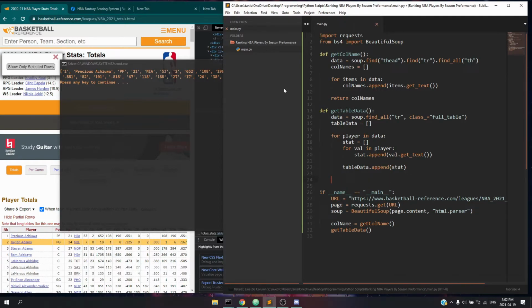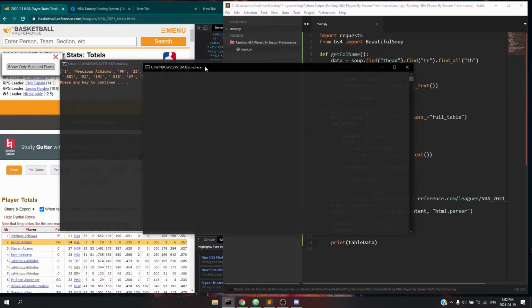And then at the end, go ahead and return the table data. And what that's going to do here at the bottom, if we say table data is equal to this, and we go ahead and print something like table data,